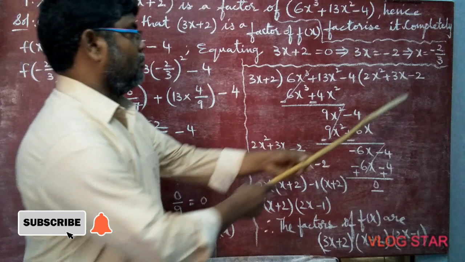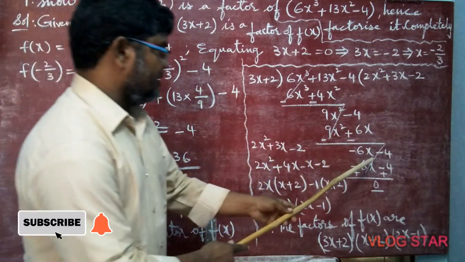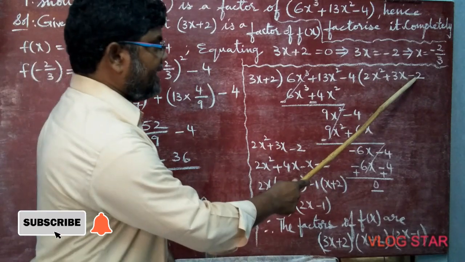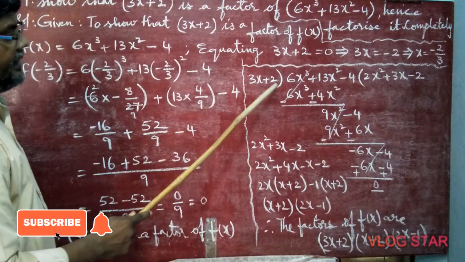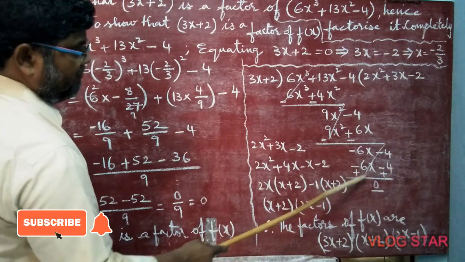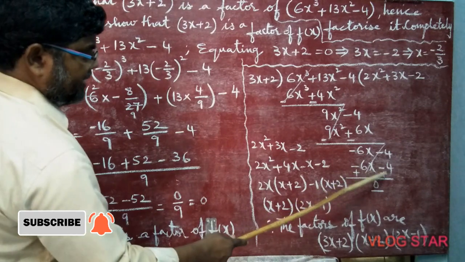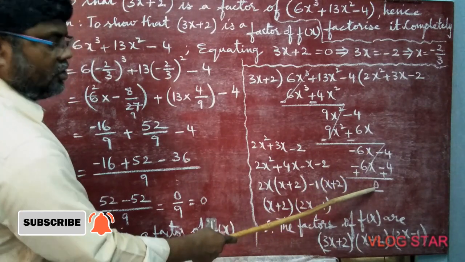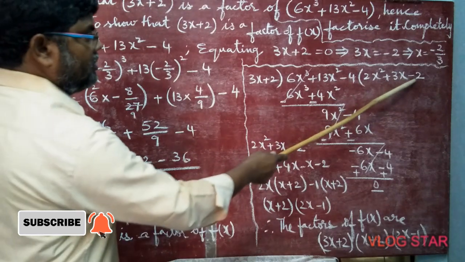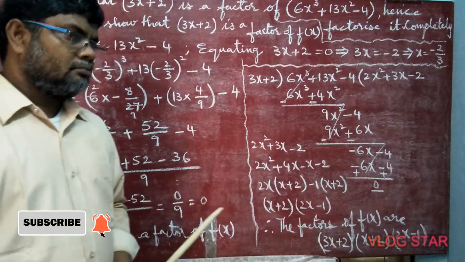Now coming to the first sign, minus 3 goes in 6 2 times. Here x is there, and already x is there. So with minus 2 you multiply 3x plus 2, and we get minus 6x minus 4. When we are subtracting, signs become opposite: minus becomes plus, minus becomes plus, get cancelled, and we got 0. So what is the quotient we got? 2x square plus 3x minus 2.